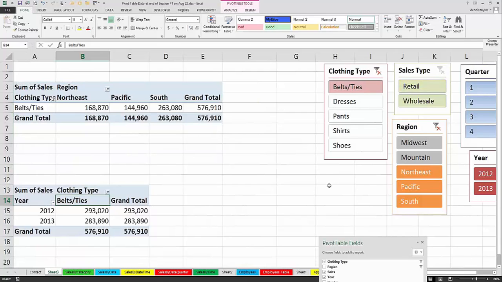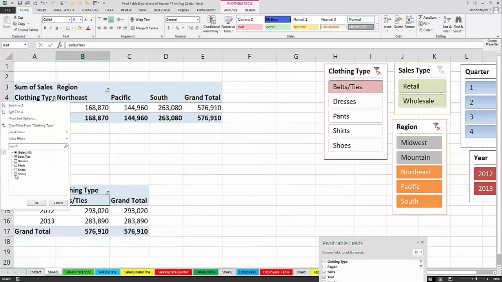Now the question that I didn't quite answer though is, can we have separate slicers for each table? And it looks as if we can't, but I wouldn't want to give a definitive no on that, because I could imagine, although it would be a little complex possibly, to have these slicers doing different things for different tables. Right now, both tables are showing belts, ties. And the thing I didn't point out earlier, and I'll bring it out now, even if we had only one of these, if I use the drop arrow here within the pivot table for clothing type